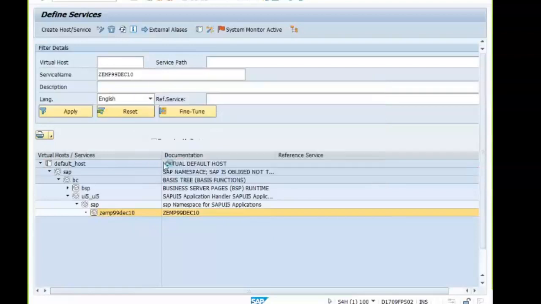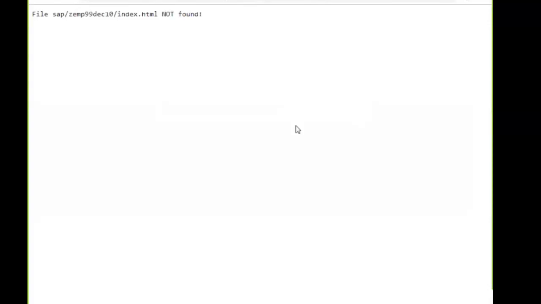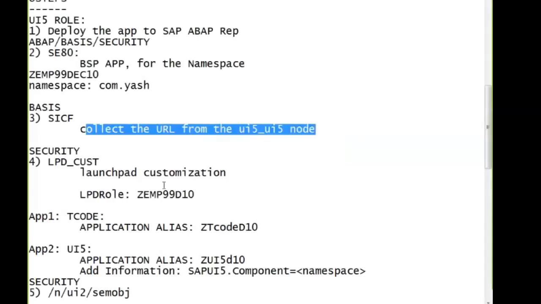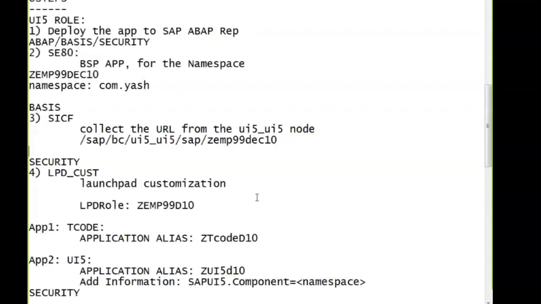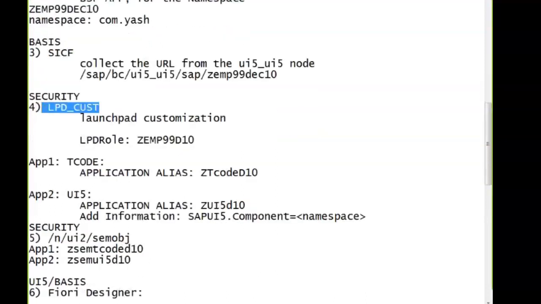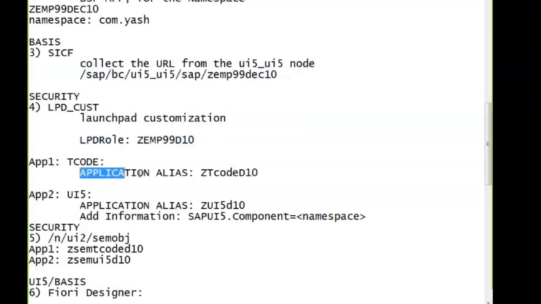You cannot access this URL directly. This must be accessed only from the launchpad. Okay. Now we have to use this URL along with the role creation and aliases here in the LPD custom.